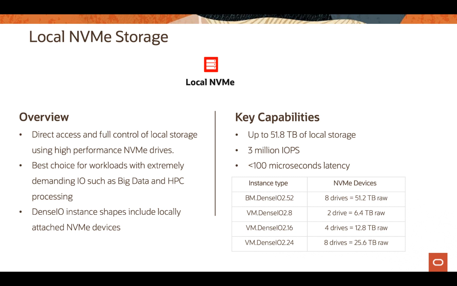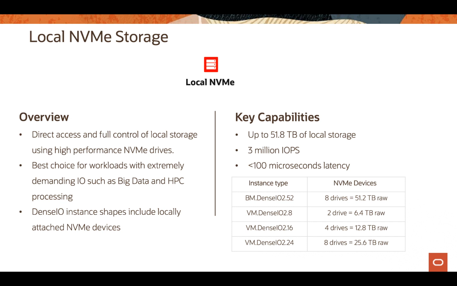Those devices are drives associated to the server, so you can get the raw device, format it, put in the file system that you want, and then use that NVMe to store all the data that needs high performance and extremely demanding I/O. So use cases like big data and HPC will benefit from the local NVMe devices to get the best throughput, I/O, and